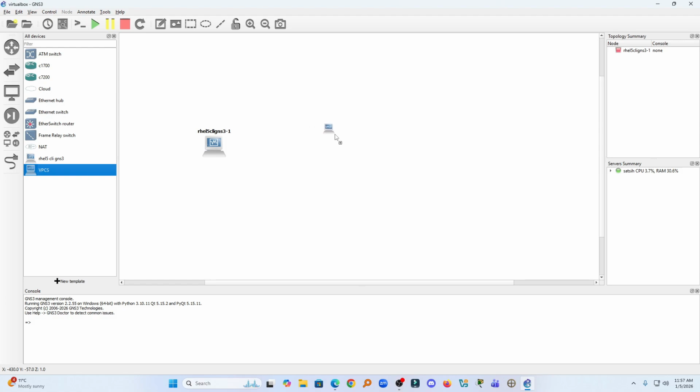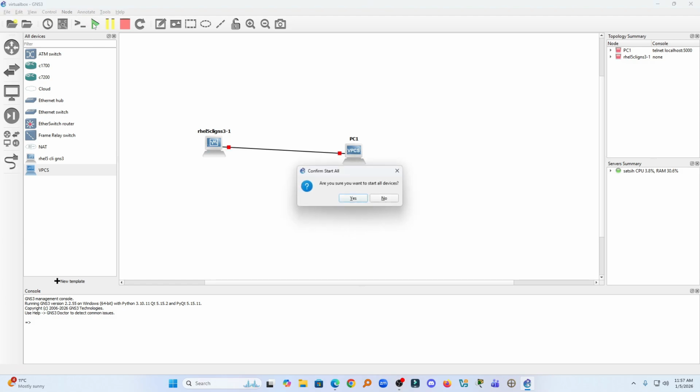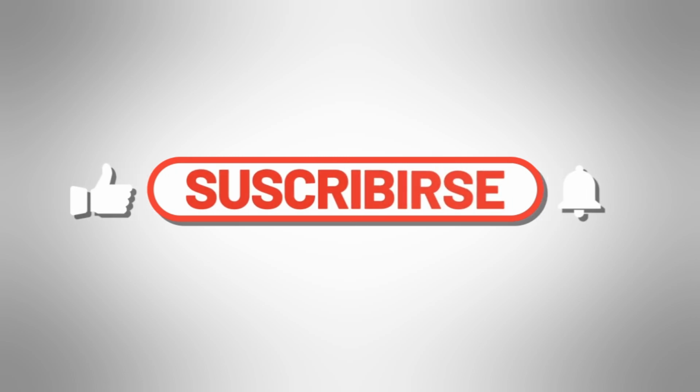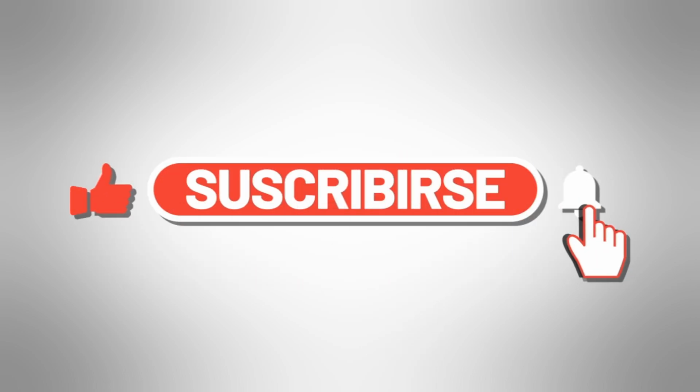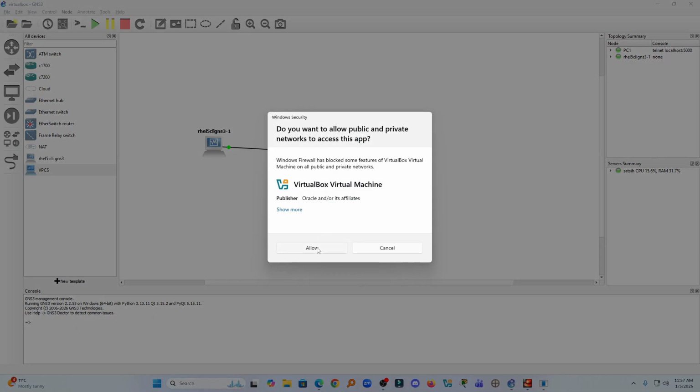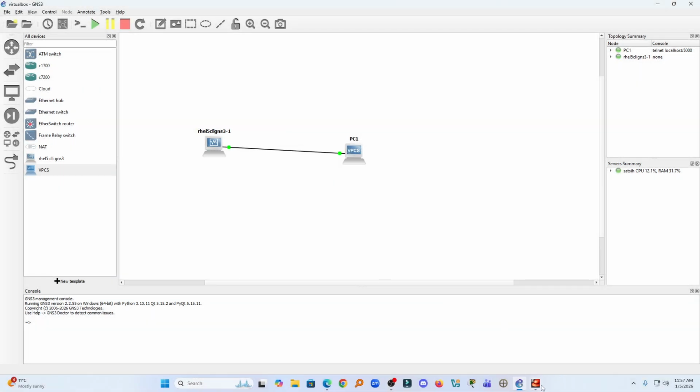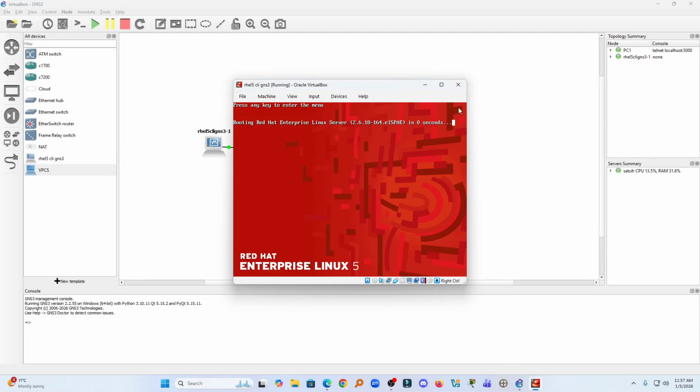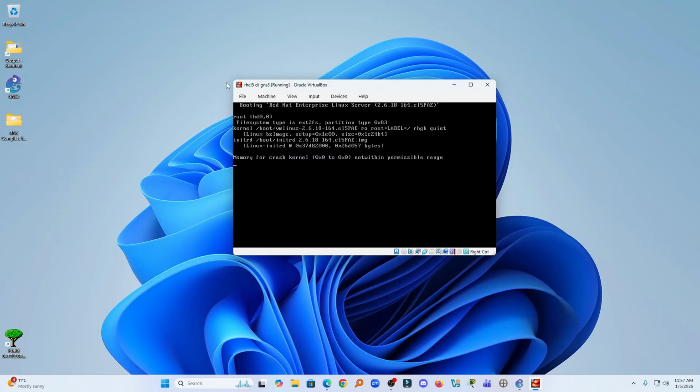You simply select them, just click them, select the wire, and connect them. Once you do, from the top, you just turn it on, yes, and what you will notice is that the VirtualBox machine will automatically start. See, just allow here. And you can notice that my Linux machine has been automatically started, which is installed in